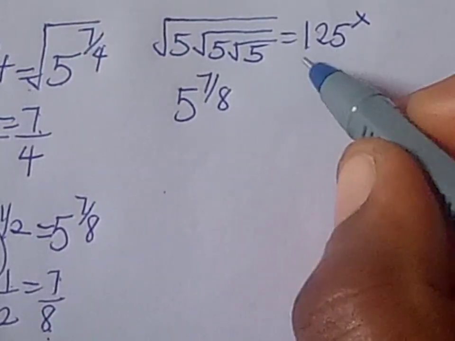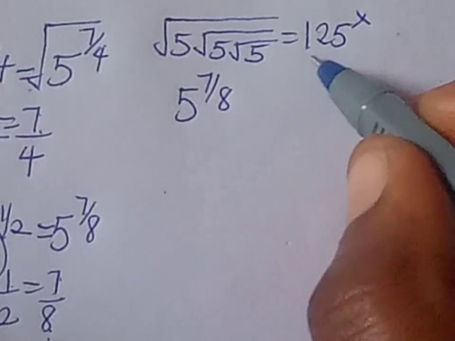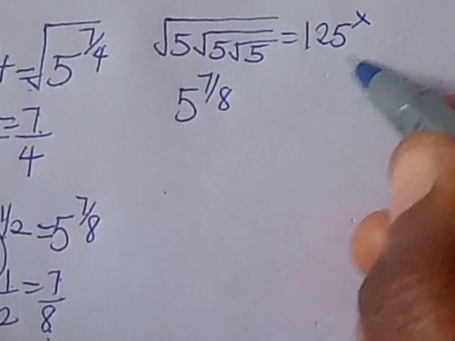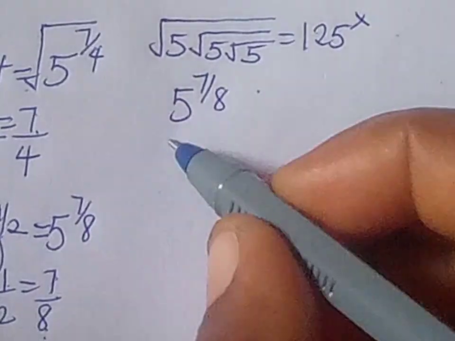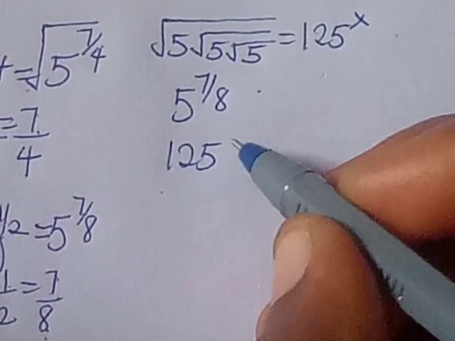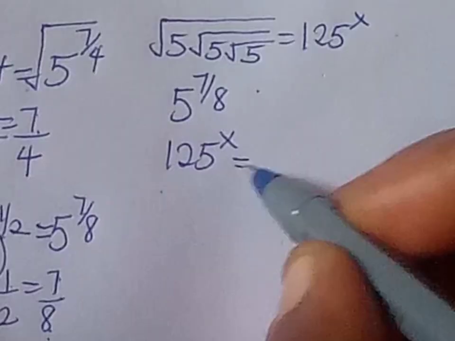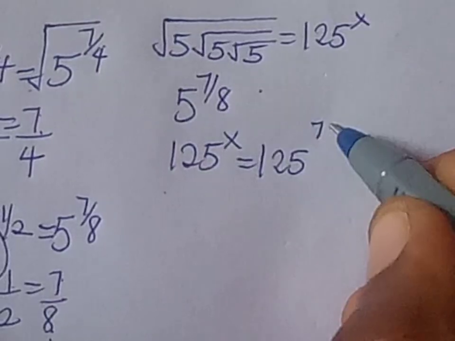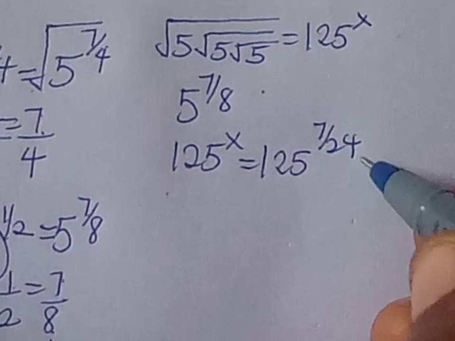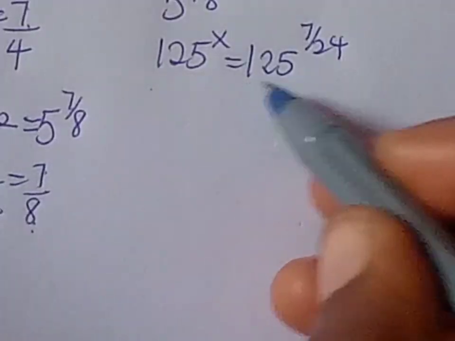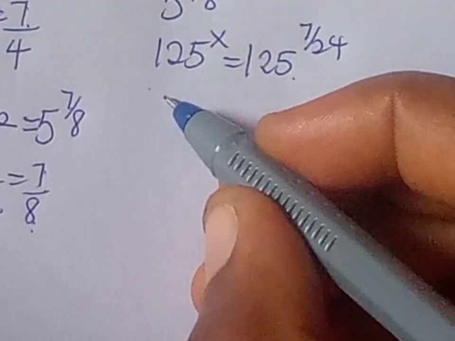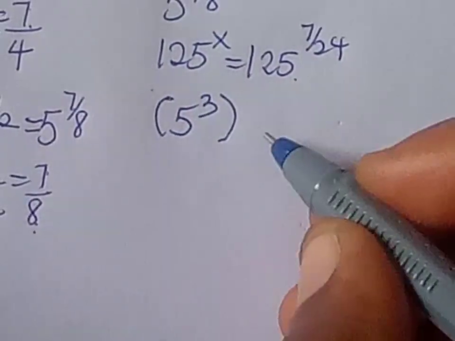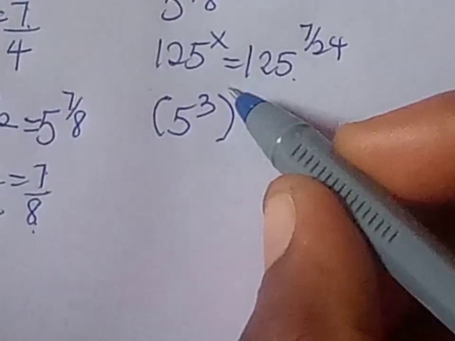Now let's use the result on the right side to confirm if our x is truly 7/24. So we have 125 raised to the power of x, that is 125 raised to the power of 7/24. Let's rewrite our 125, which will give us 5 raised to the power of 3 raised to the power of